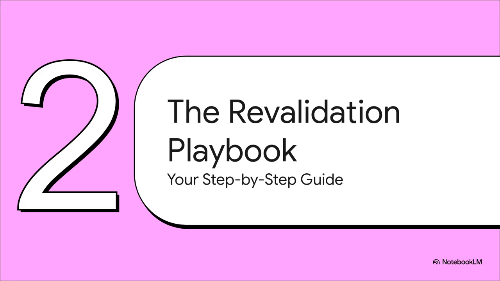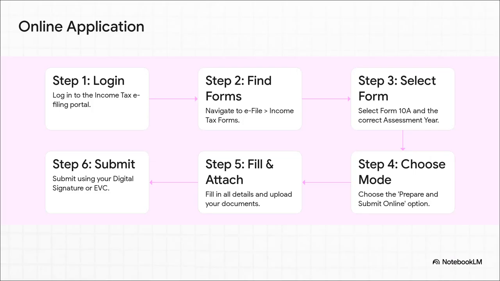Okay, so you're probably wondering, how do I actually get this done? Well, the good news is the whole thing is online now, which definitely makes life a little easier. It all starts on the Income Tax e-filing portal. So you'll log in and navigate your way to the Income Tax Forms section. From there, you're looking for Form 10A. Make sure you pick the right assessment year, then choose Prepare and Submit online. After that, it's just a matter of filling everything out, uploading your documents, and hitting Submit using your digital signature